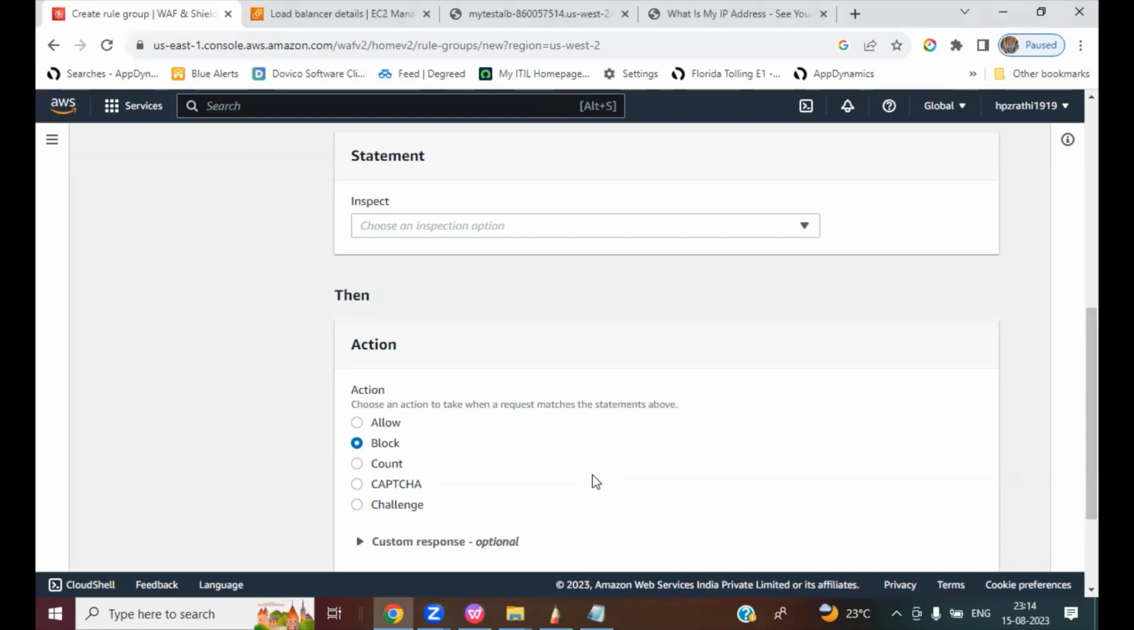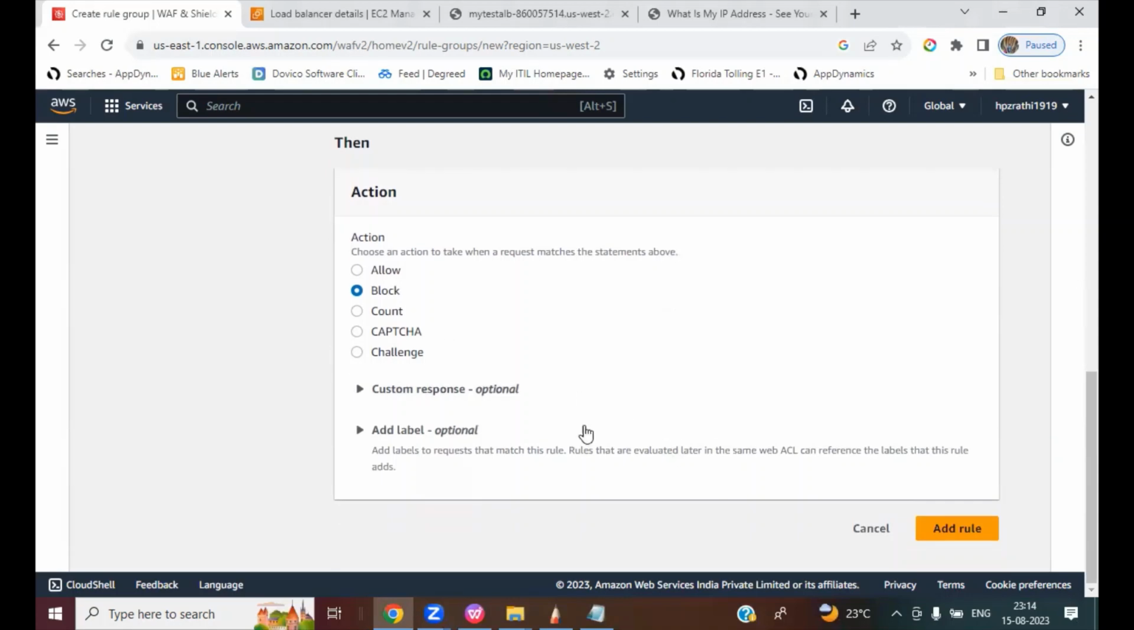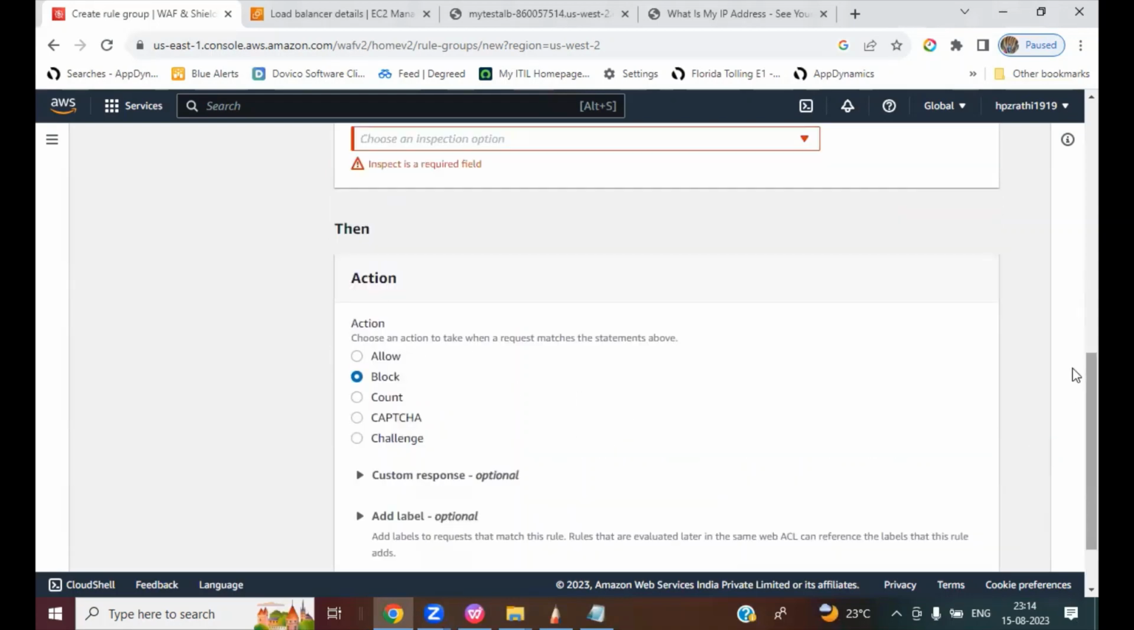Okay, so in my case, I'm setting the option as block so that whatever request is coming from my IP set, which is my IP address, right? That request will be blocked by the WAF and it is not going to route it to the load balancer, application load balancer. So I'm selecting block and I'm saying add rule